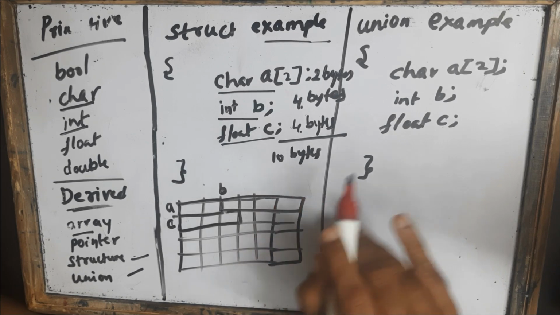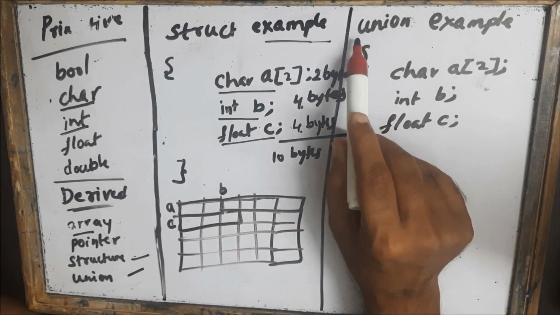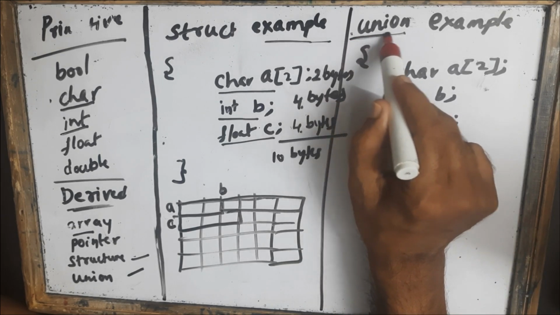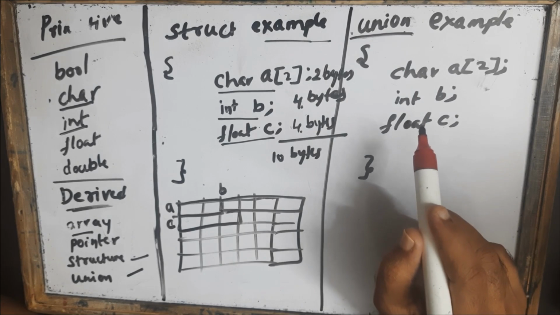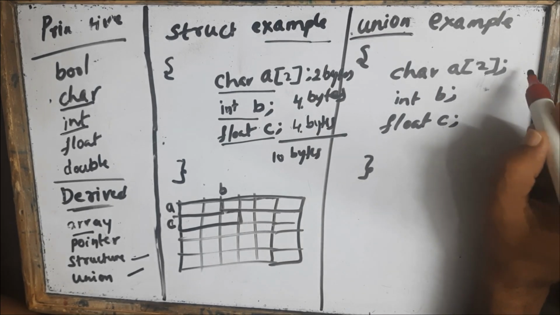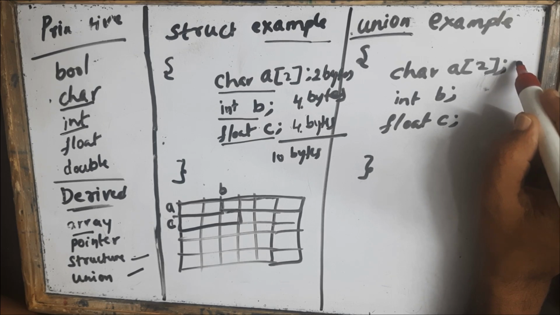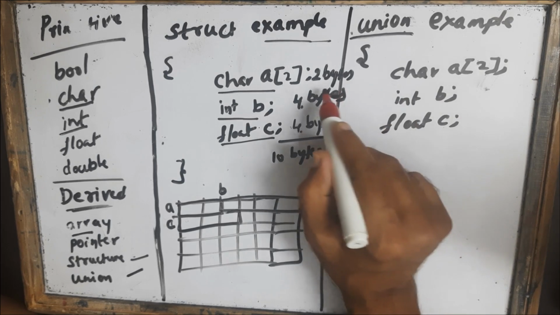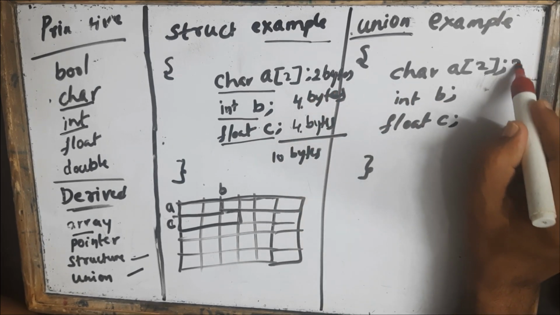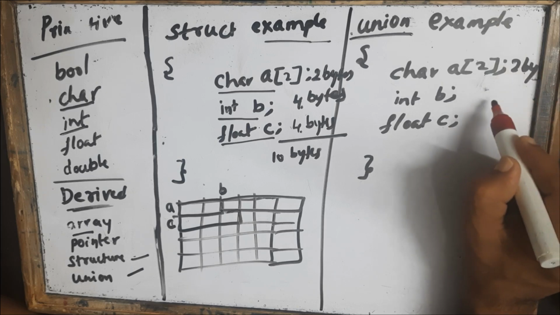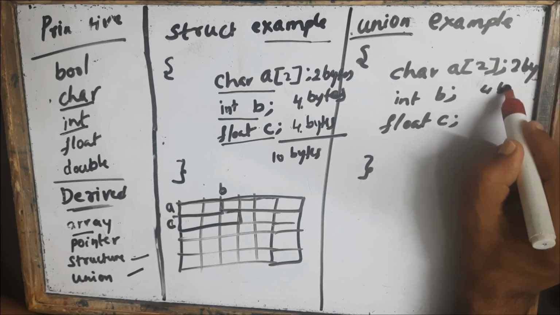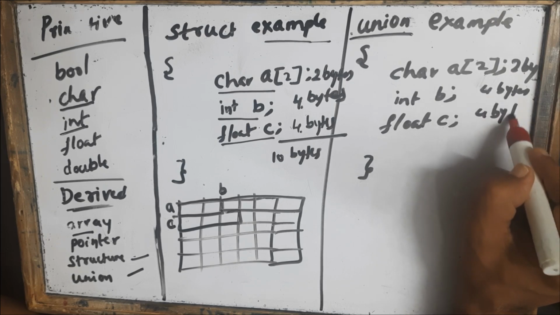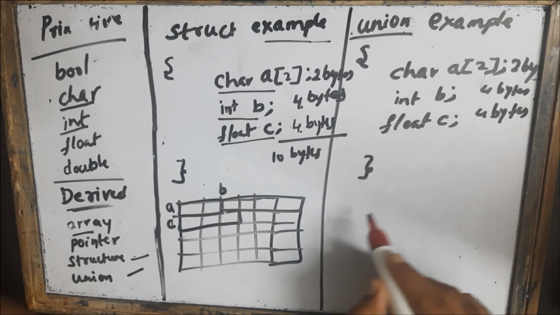The same example for the union, the same number of elements, but there is a catch here for the union. Union will also calculate in the same way: 2 bytes, this is 4 bytes, this is again 4 bytes. But it will allocate